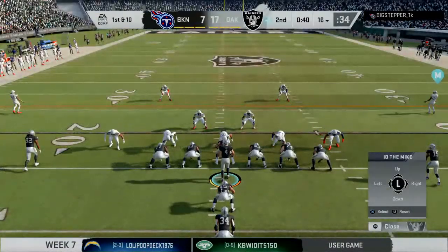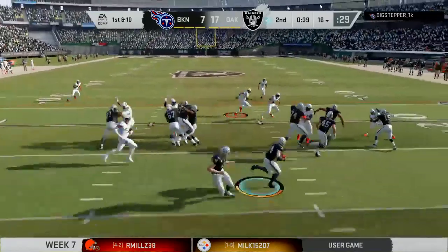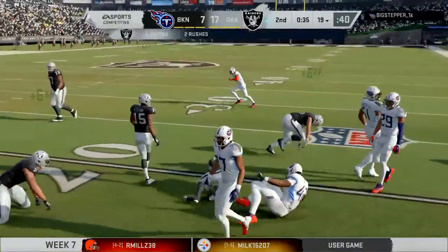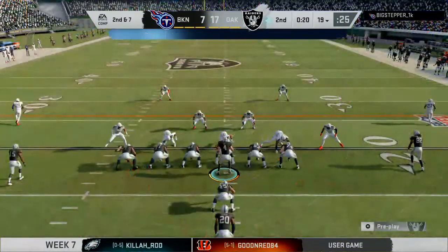The Raider offense set to get this drive started. You've got under a minute to go here until halftime. You got the good-sized lead. No need to do anything crazy. No, there really is no need to do anything crazy. The smart play, go ahead and take your lead into the locker room and then try to add to it in the 2nd half. But there's a part of me that looks at this and says, 1st half going my